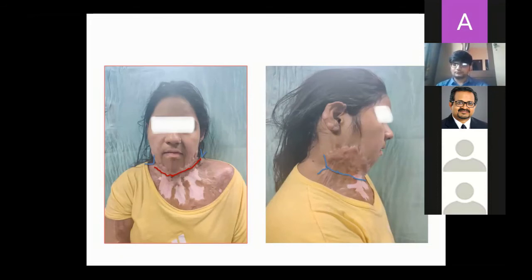What else? Suppose the anesthesiologist says that I need to have a secure airway. What will you do? Previously, people used to do submental intubation. There is a technique called submental intubation, but nowadays it is not being done much. If you know what is there, that is enough. You need not go into the nitty-gritty of things, because that is more important to the anesthetist rather than to the surgeon.